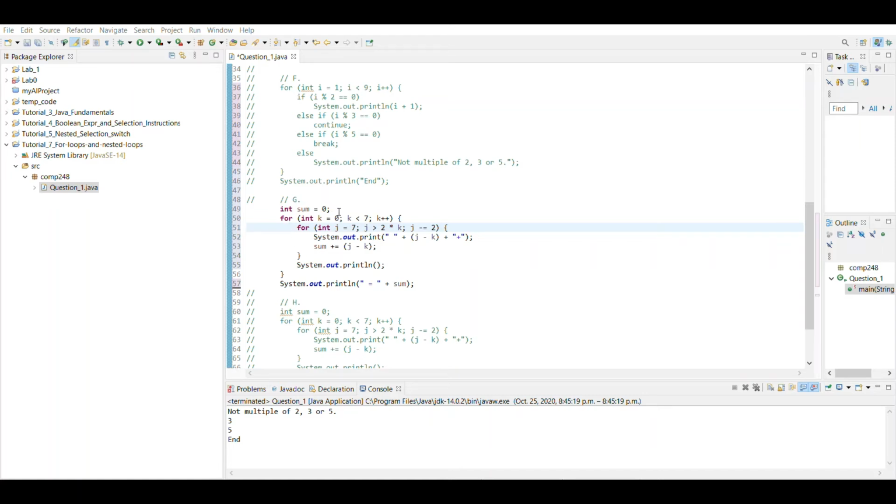We go for 6, because 6 is less than 7, so we go here, we initialize j with 7. Is 7 greater than 2 multiplied by 6? No, so this is false, so we don't have any iteration. We print out a new line, and that's it. k is going to be 7, and 7 is not less than 7, so we don't have another iteration in the outer loop, so we print out